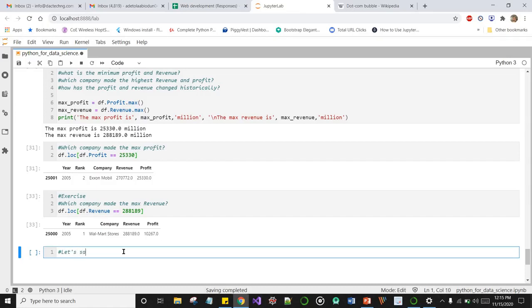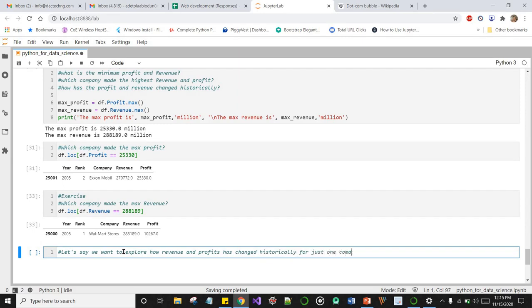Let's say we want to explore how revenue and profits have changed historically for just one company.